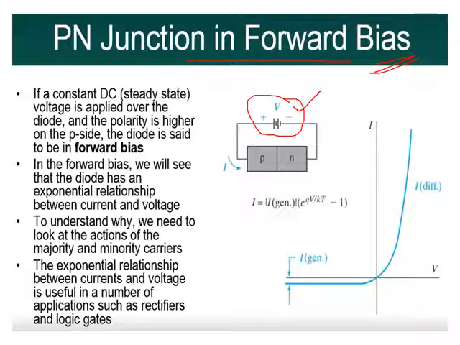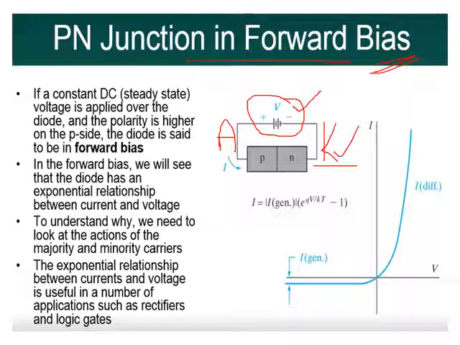In biasing we have two types: forward biased and reverse biased. Let's see what they are by taking the example of a PN junction. Generally, if a positive voltage is given to the anode terminal of the diode, then we call it forward biased. And if a negative voltage is given to the cathode, then it is called reverse biased.